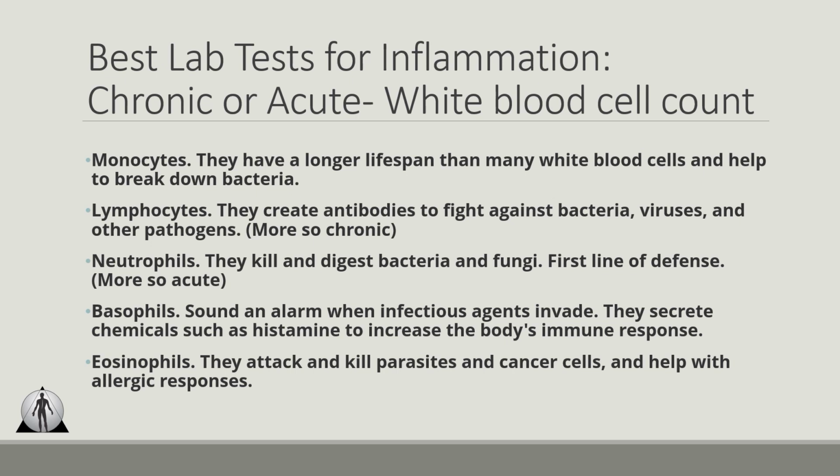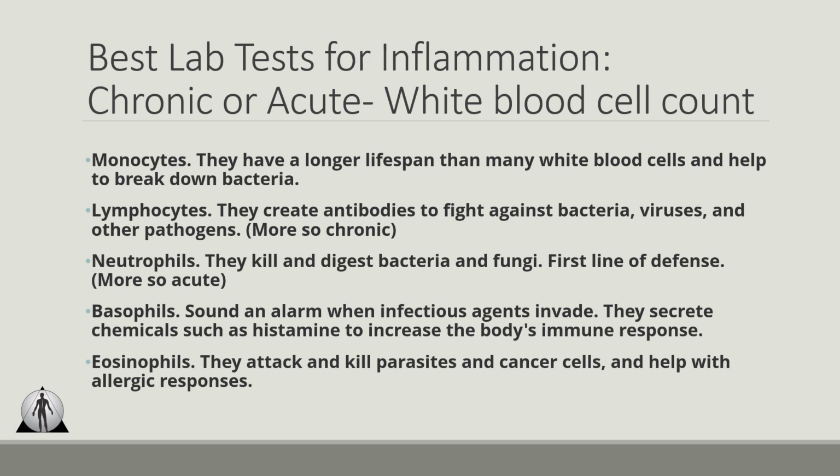The second one are what we call the lymphocytes. And the lymphocytes are what create antibodies to help fight against bacteria, virus, and other pathogens. These guys are a little bit more active in chronic disease. So as a virus sets up shop, it takes a little bit of time before our body can fight these by producing antibodies. So as we start to fight them over longer periods of time, we see a shift and we start to see an increase in the lymphocytes,